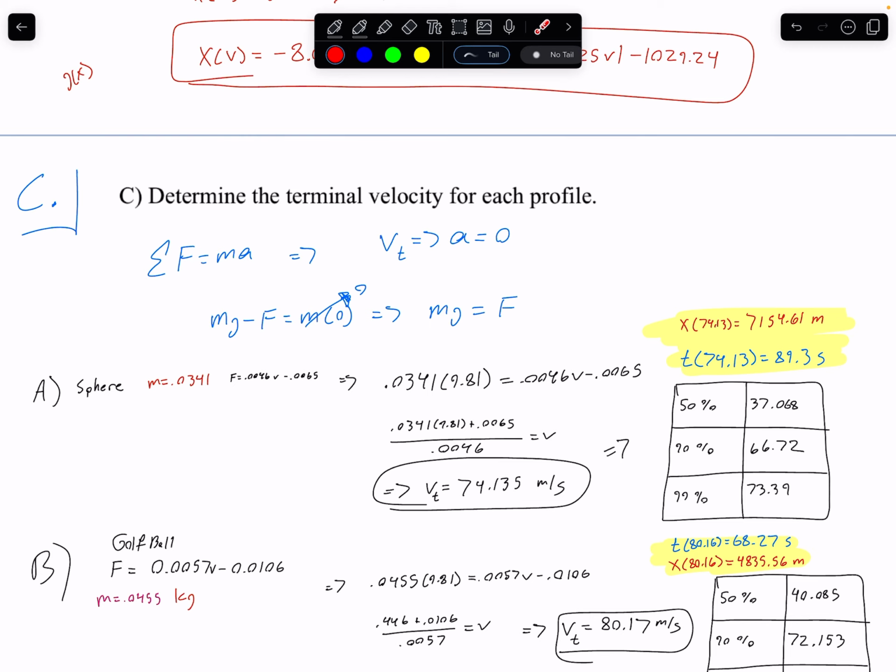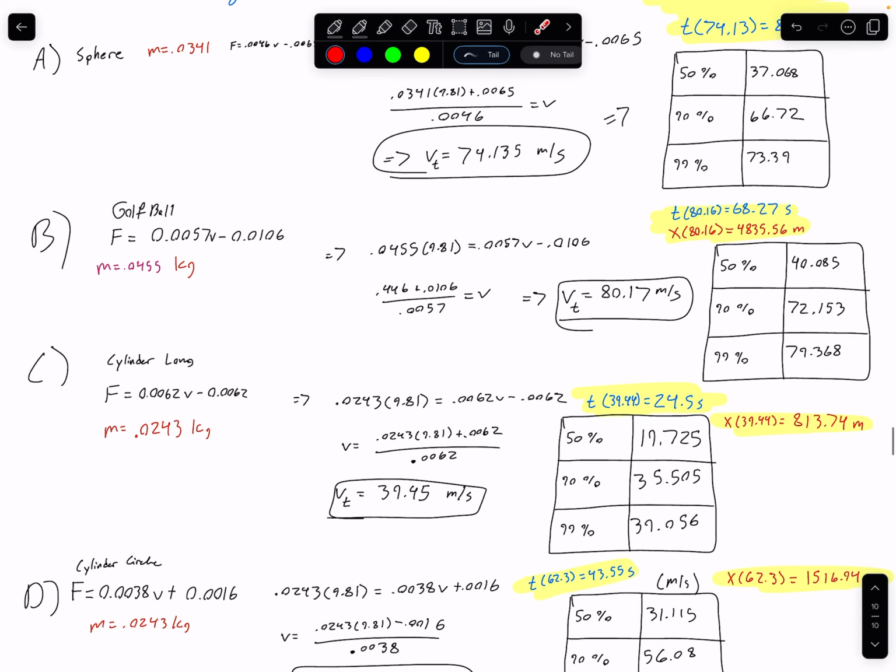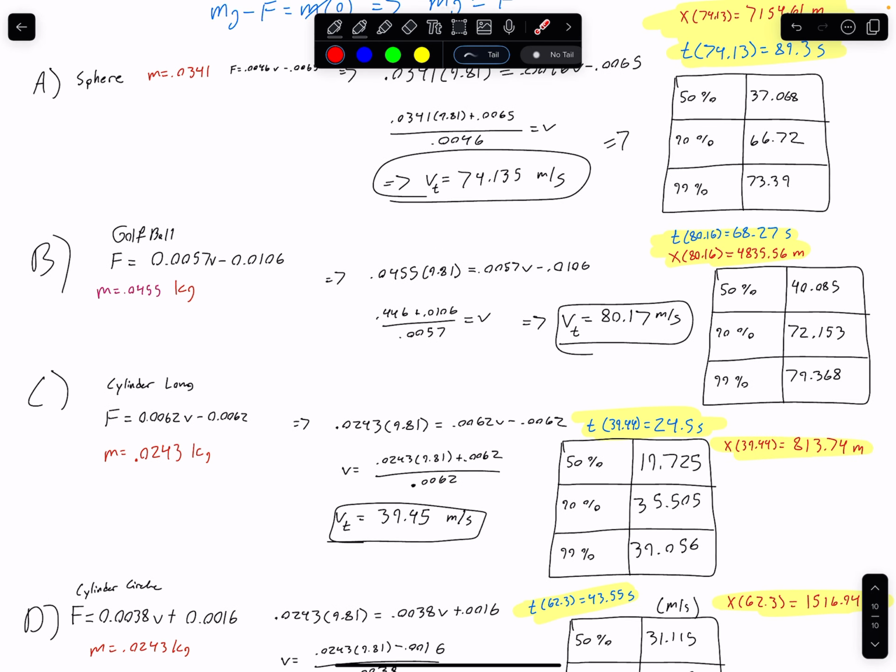And for part A was 7,154.61 meters and 89.3 seconds. For object B, the golf ball, at 80.17 meters per second, or 80.16, it took 68.27 seconds and